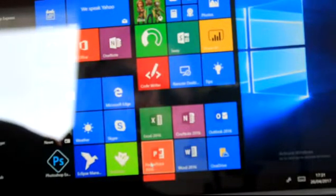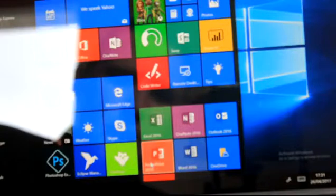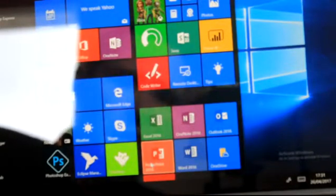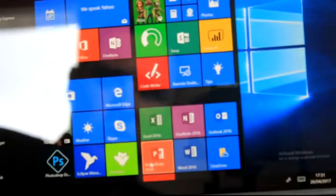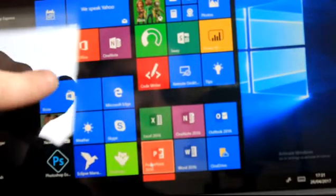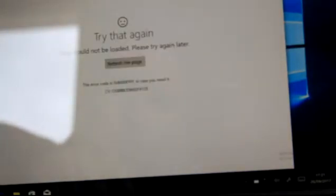Obviously from here you will need to download whichever apps are applicable to your subject, such as the publisher apps where you can get the online ebooks. They're available as well, and where you look for them is there is an option here for Store. So you'll see the little shop symbol just there. So when you press that, it brings you in to what you would normally have on your phone, like the App Store or the Play Store, except this is the Windows version of it, which is the Windows Store. And you just go online there. Now I'm not connected to the internet, that's why this hasn't come up. But it brings up all your apps and things, and you can download them